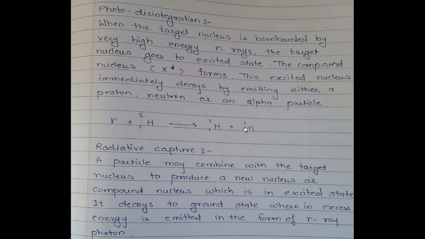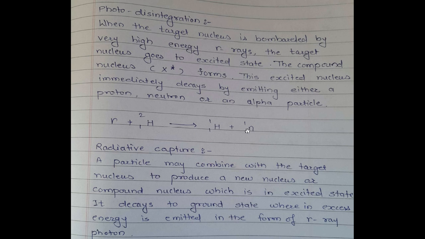Such type of disintegration reaction, caused by high energy gamma ray photons, we call the photo disintegration reaction, wherein the excess energy is liberated by the intermediate state in the form of lighter particles such as a proton, neutron or alpha particle. Now in reverse to photo disintegration, wherein a gamma ray photon is absorbed,